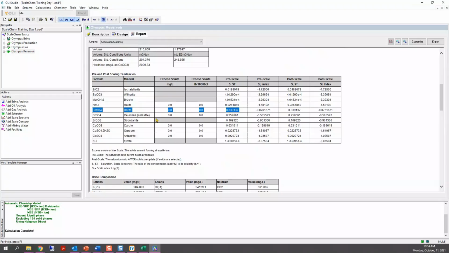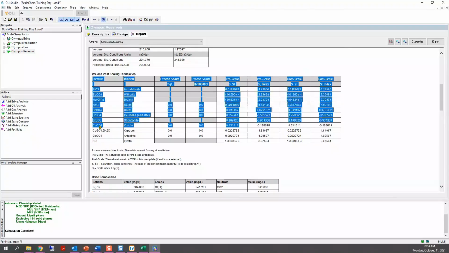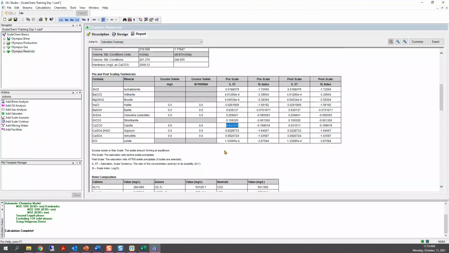And another one that I see close to 1 here is calcite. Okay, so calcite is 63% saturation. So this means that possibly calcite could also be at equilibrium at reservoir conditions. So we could argue that we can saturate this fluid with these two minerals, with barite and with calcite.